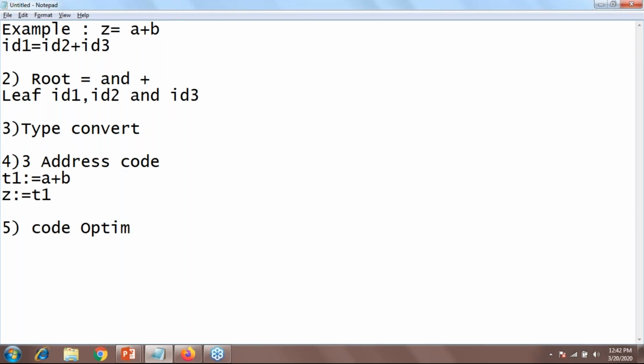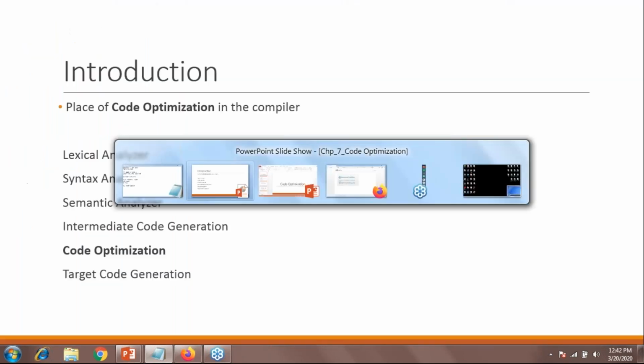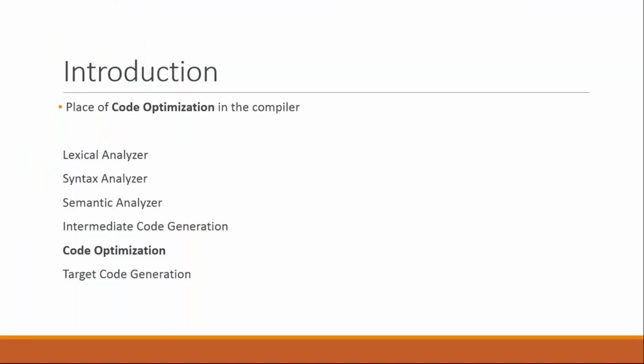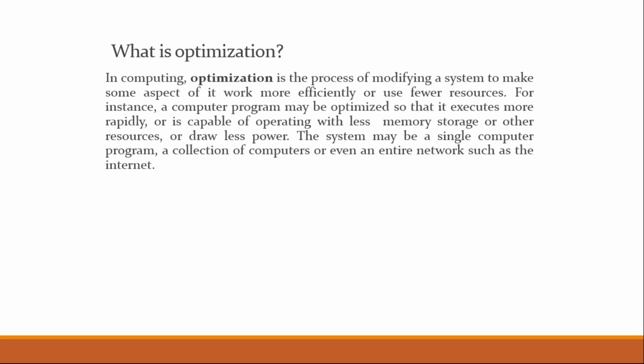optimization phase. Now, I think you all are aware of what the major task of the code optimization phase is. That is nothing but we just need to convert our code into efficient code. Now, what is efficient code? If we don't have any intermediate code, then we can never generate the optimized code.